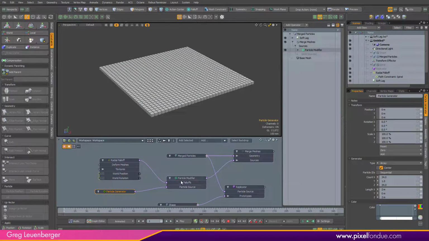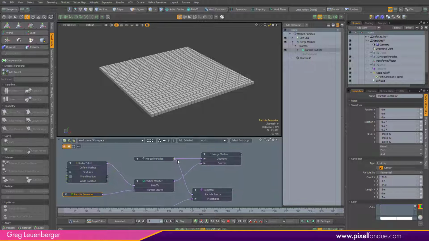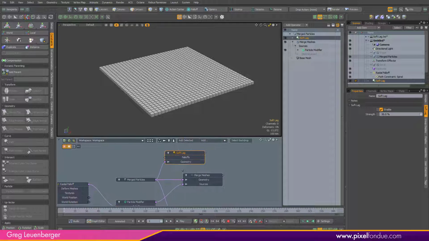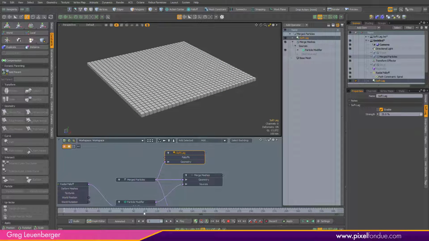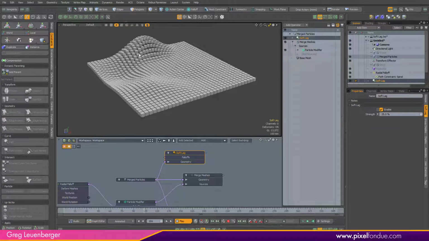Okay, so anyway, soft lag. So you'll see it attached here, soft lag. And so I actually lower the strength. It's going to have a bit of a greater effect, which is sort of weird. But if you watch this now, there's a little more of a ripple